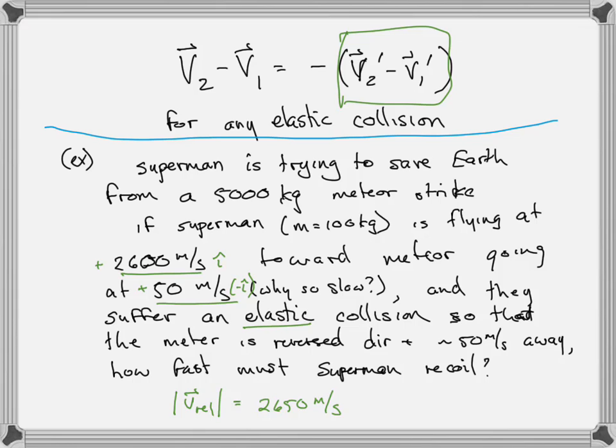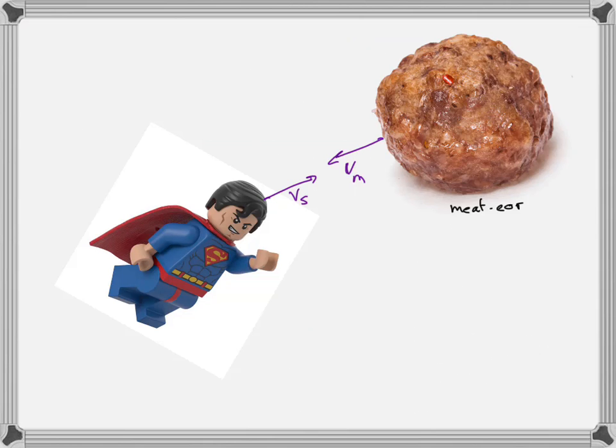So that's before the collision. Therefore, after the collision, they must also have a relative velocity of 2,650 meters per second. And since the meteor is now going 50 meters per second away, then the man must be going 2,550 meters per second in the opposite direction. So if after the collision, Superman is going